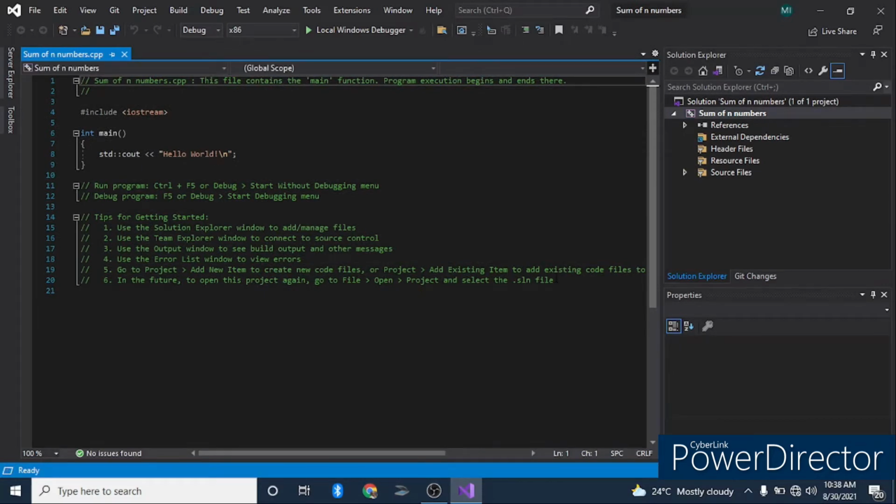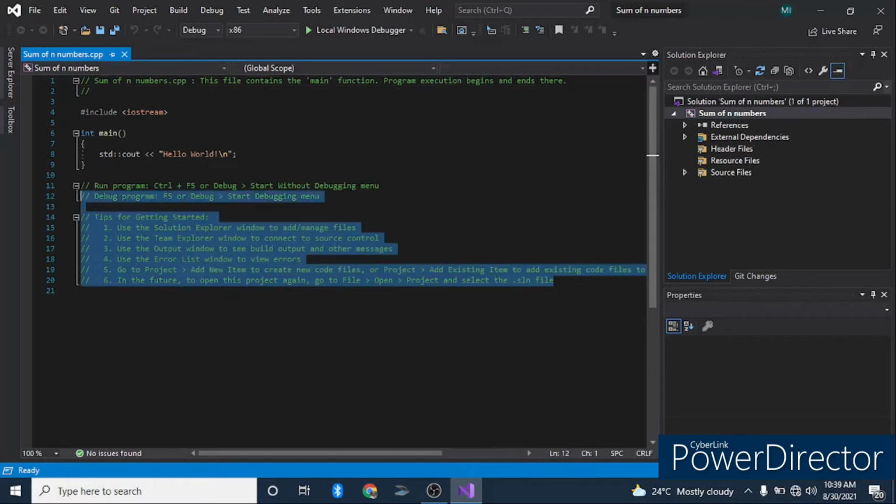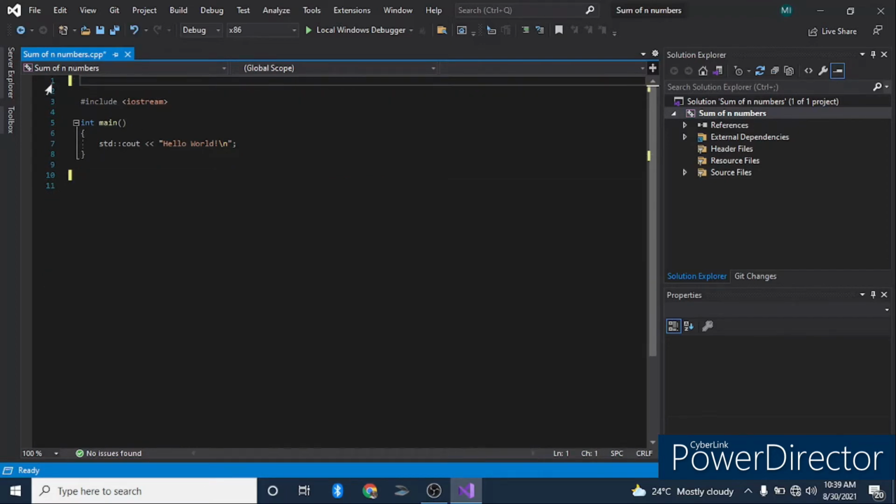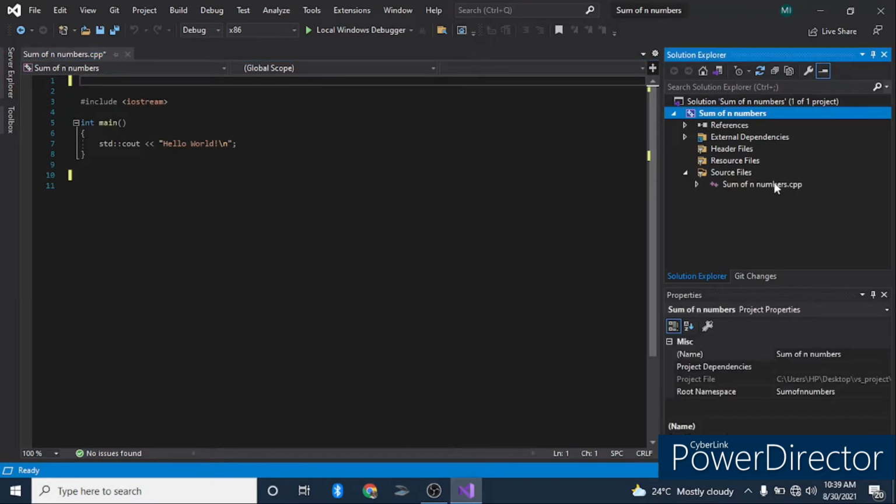It brings us to a window where we are going to write all the code related to this program. As you can see, this is the name of our project with the extension sum of n numbers.cpp, which is C++ as the file extension, and this is Solution Explorer. And if you click on this source files, as you can see, this is the file, which is sum of n numbers.cpp,